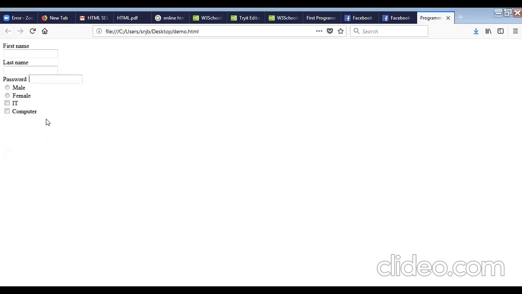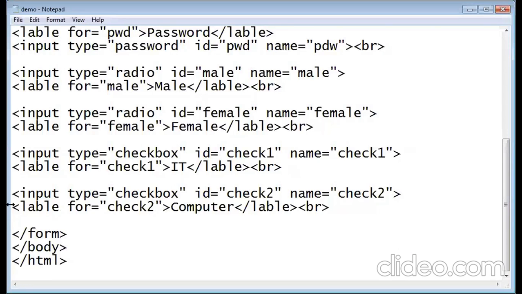Okay. Last one is submit and reset. Again, we will require input type for submit and reset. So input type will be submit.